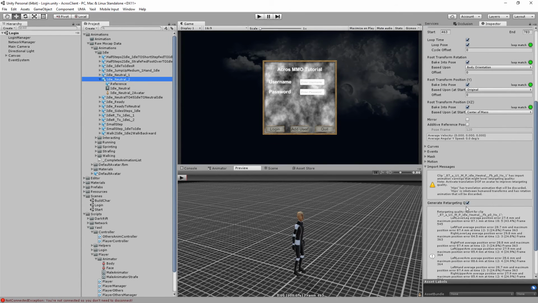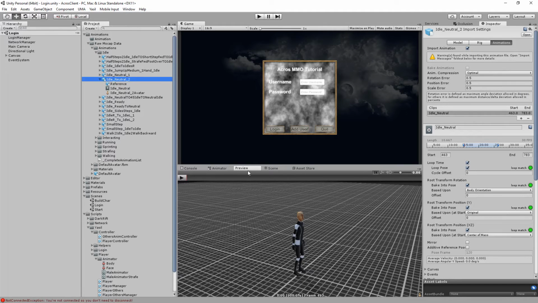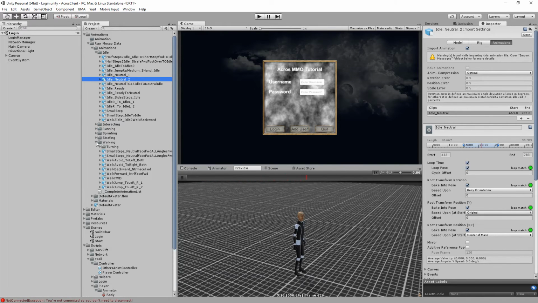I baked the arrows here, and so if we play that, let's see what's gonna happen. Nothing. He's looking left and right, and when he's done, he's back to the beginning. So that's my idle state, and then we go to the walking state, and we got here